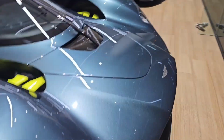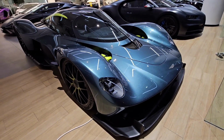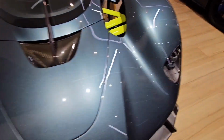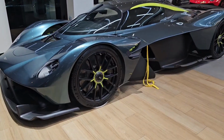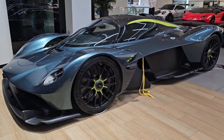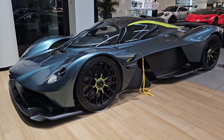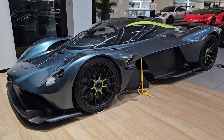So of course, seeing one is not only a rare opportunity. It's an actual event. You know, it's not something you just do. It's just something you experience. It's a magical thing. So this one, of course, has the AMR details on it, the wheels, the vents, the roof lining. And I've seen that on another Valkyrie as well in green. That was gorgeous, but it had a wall around it, a barrier, so I couldn't really show